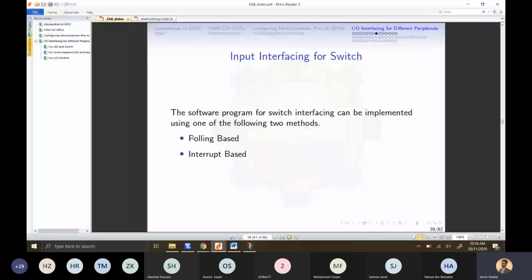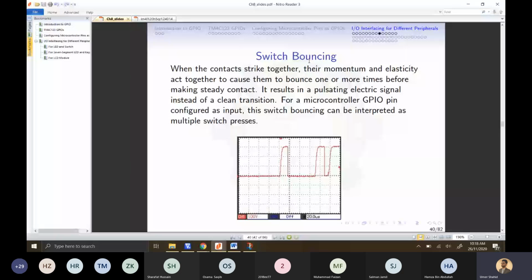Now the next concept, which is a very important concept in hardware embedded programming, is called switch debouncing, or simply switch bouncing. The switch that is connected to a microcontroller has a spring just behind the button. That spring has its own momentum and elasticity. So if we put a CRO, an oscilloscope, at the pin at which the switch is connected, and press it once,